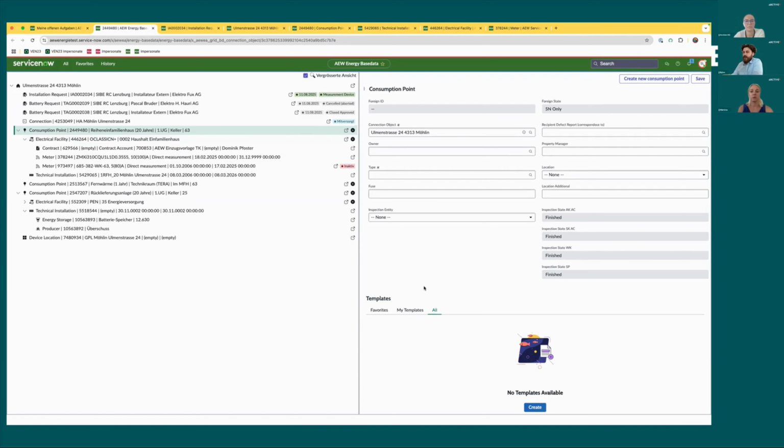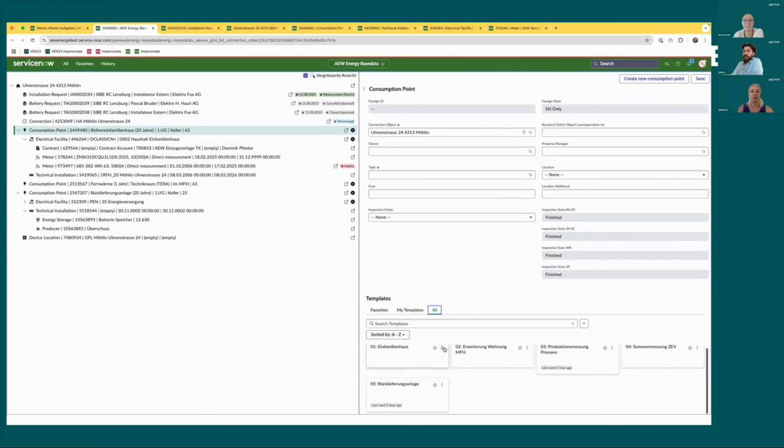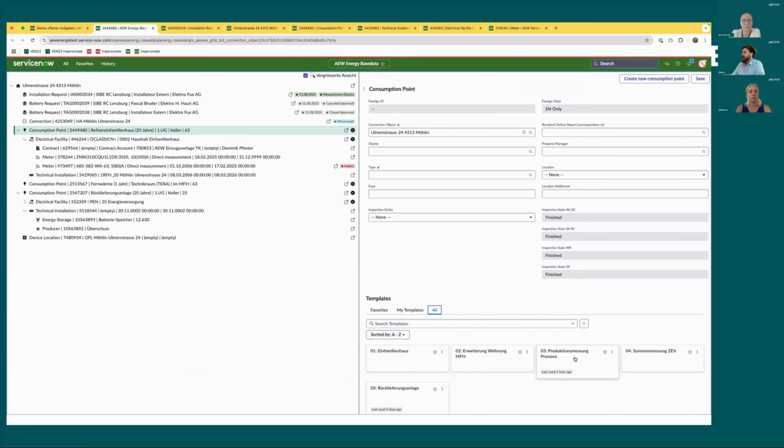That was actually also a pretty good question from the customers. So we went and created some templates for the customer, so he doesn't have to remember all of that configurations. For example, for a Einfamilienhaus, that's a single family household, or a multiple family household, etc. Those are all different configurations, and it's kind of hard to remember all of them, even for experts. And so we summarized 5 of the most used ones, and yeah, we actually need this one, Produktionsmesser und Chronovo,